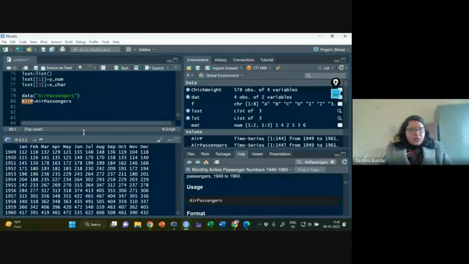So this is basically a time series data, for 1949, 1950 and so on. And January, February, December, whatever month you want to check upon, let's say you want to find,